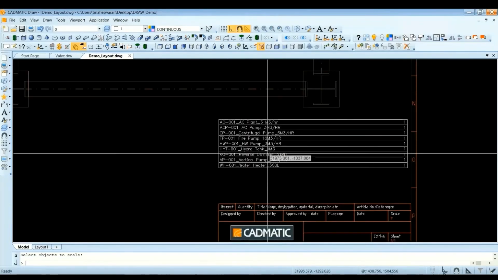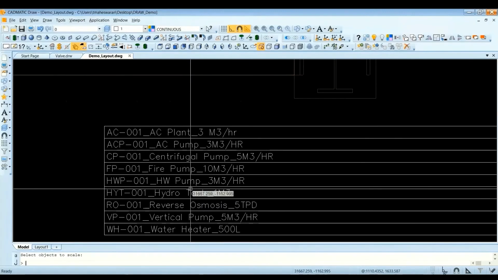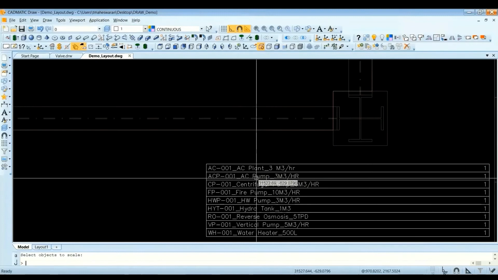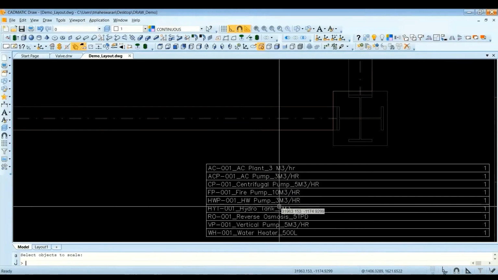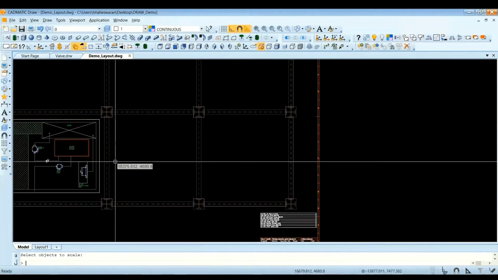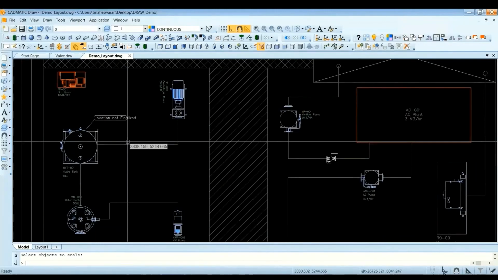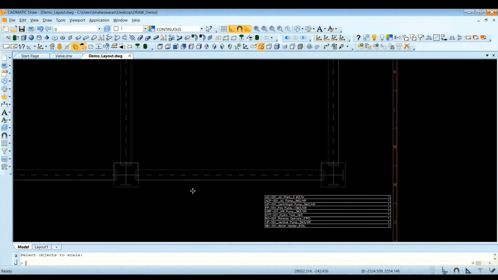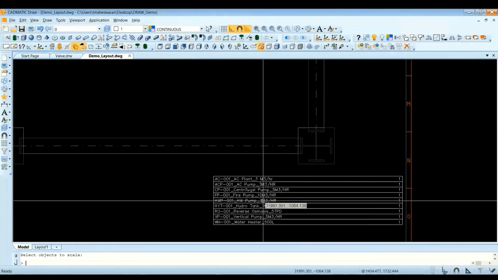Now you can see the bill of material has been generated, like AC pump, centrifugal pump, hot water pump, hydrofoil tank. Whatever equipment we are seeing here, that list has been generated in the bill of material. Of course, one question will be raised in your mind: how to configure the bill of material format. This part we will see a bit later.